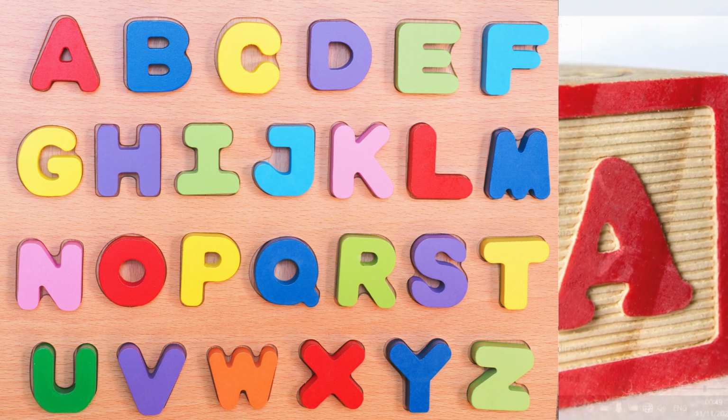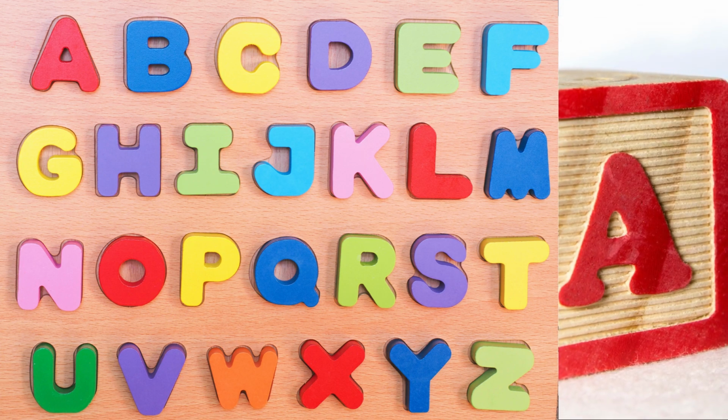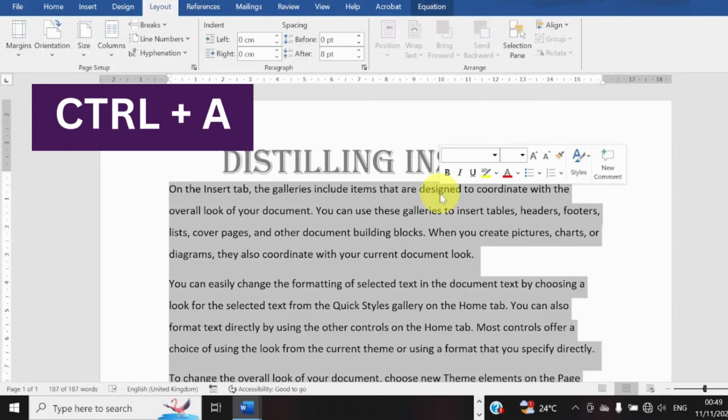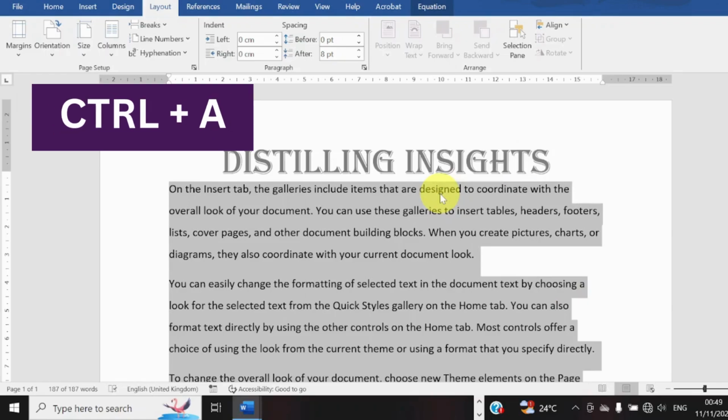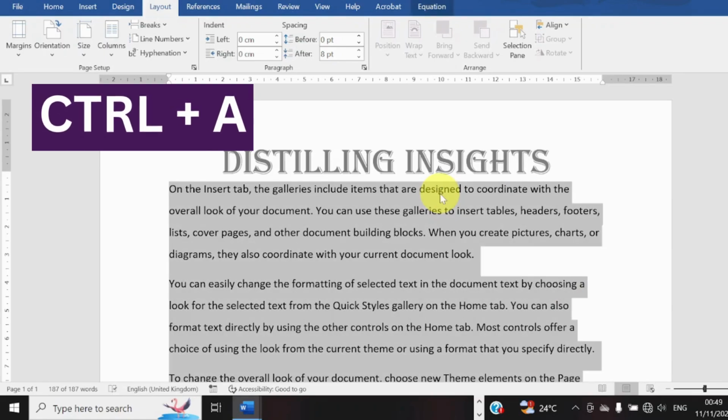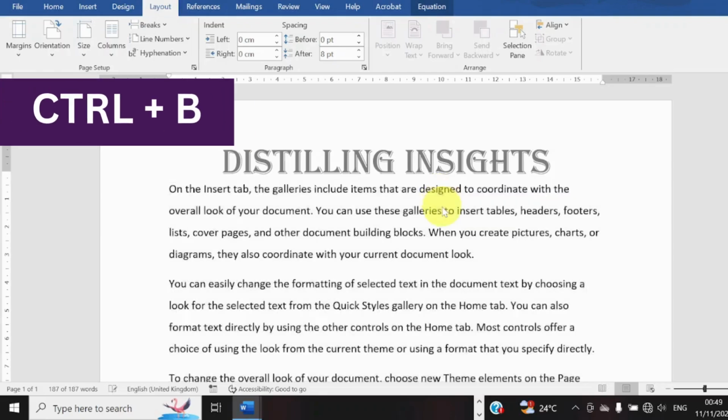So the first thing in our alphabet is A, from A, B, C, D to Z. Now for the A, if you use Control A, it means to highlight all. Now, before you can do some things, you need to highlight those things. Now, after this document has been highlighted, if you use Control B,